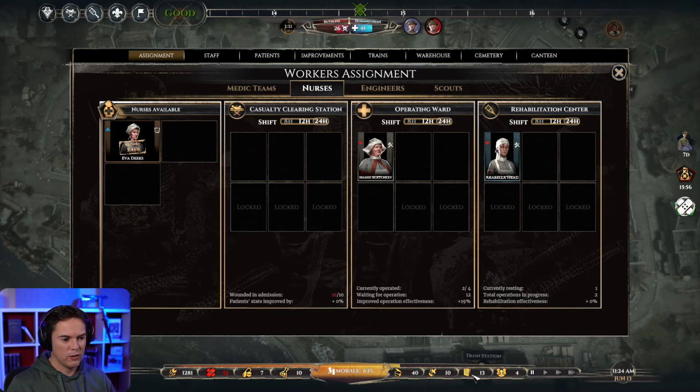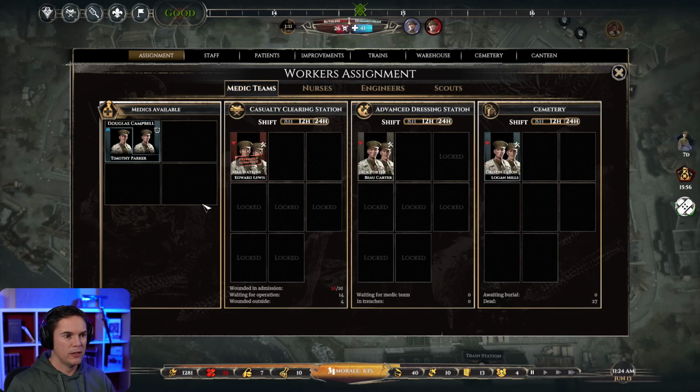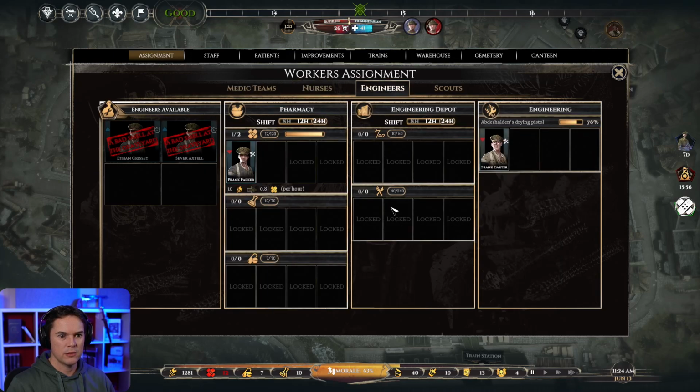This is looking a lot better. We can order some more parts now. These guys are extremely exhausted, so let's switch those over. Yeah, I don't think sending them away for 2 days before a battle is a good idea. Aberhalden's drying pistol. What the what is that? I need to get these unlocked as well, but that's...